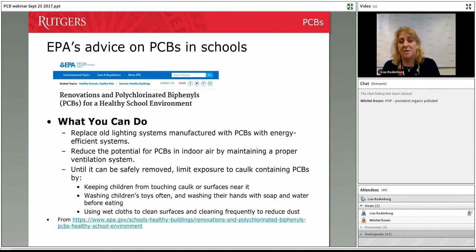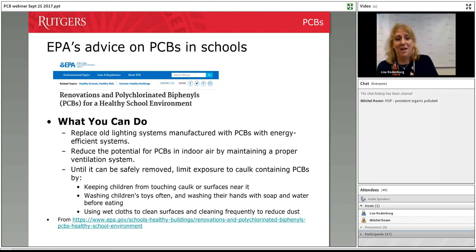And that's great because if you replace lighting systems that are so old that they've got PCBs in them, you're almost by definition going to be replacing them with something much more energy efficient. And so this is a great thing to do regardless. And in fact, the New York City school systems have decided to do this. They're spending millions of dollars upgrading their lighting. So that's good. Reduce the potential for PCBs in indoor air by maintaining a proper ventilation system, right, which means